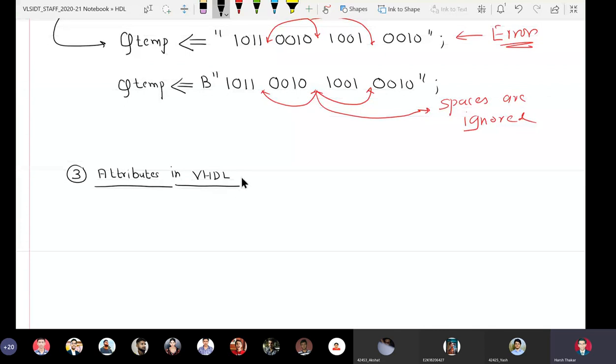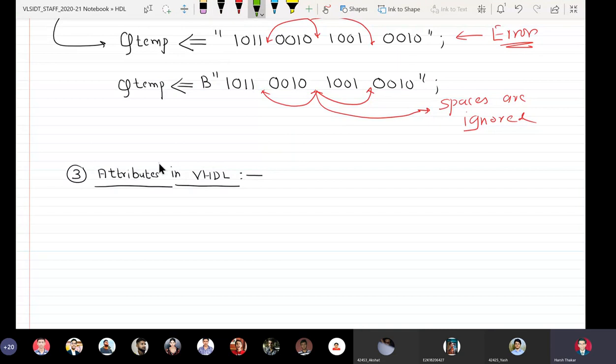Who can tell me what is the meaning of the word attributes? Yes?